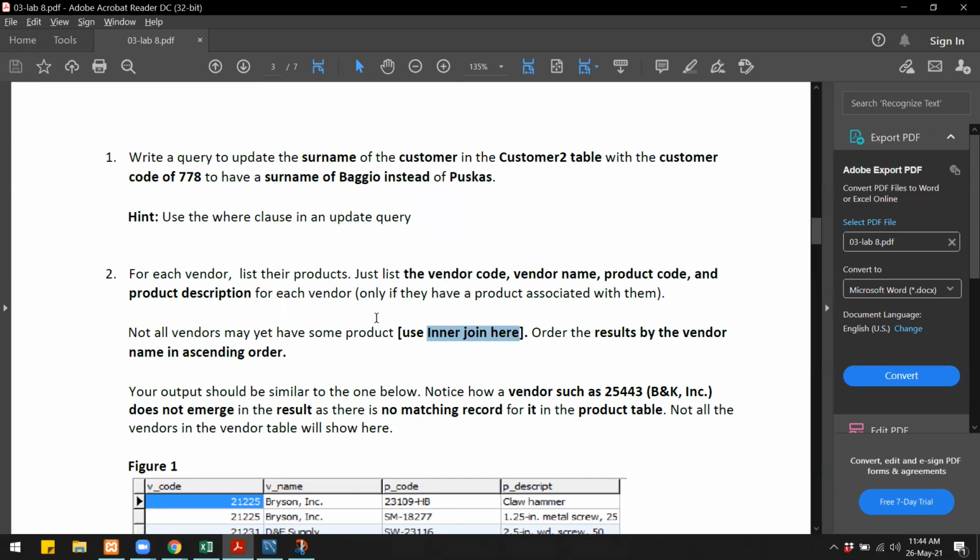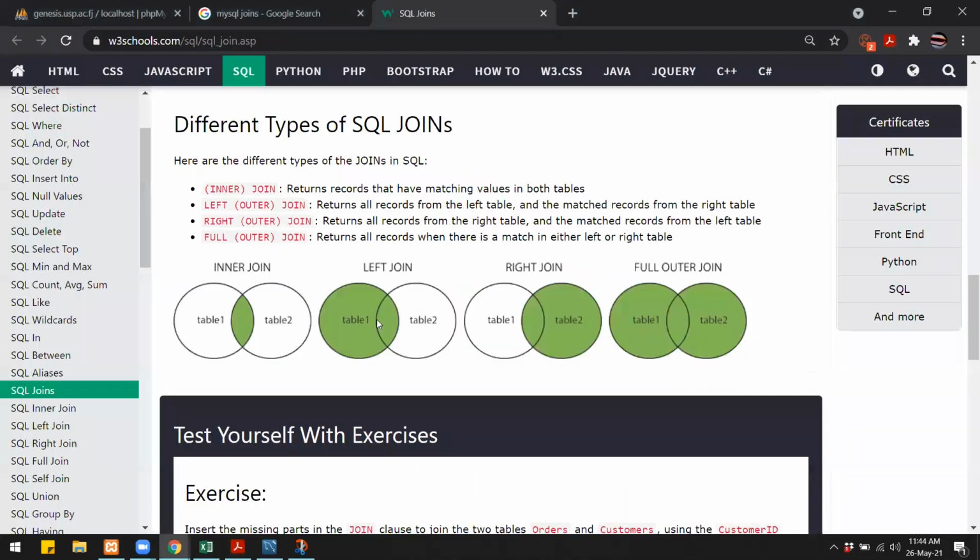Now there are a number of types of joins. So these are some of them. There is inner join, left join, right join, and full outer join. So what happens in a join is, if we are trying to join two tables, let's say table 1 and table 2, and there's some data in table 1 and there's some data in table 2. So if we do inner join, then we are only going to select the data that is common in both the tables.